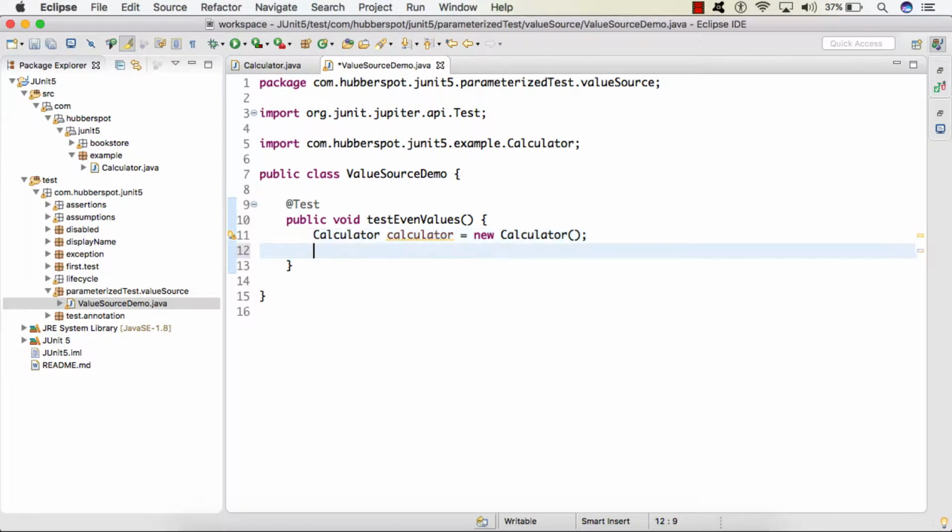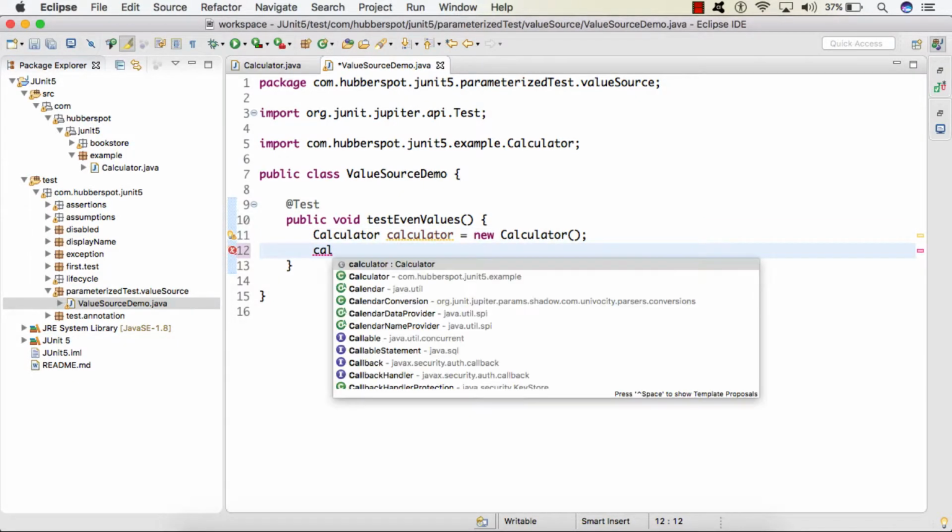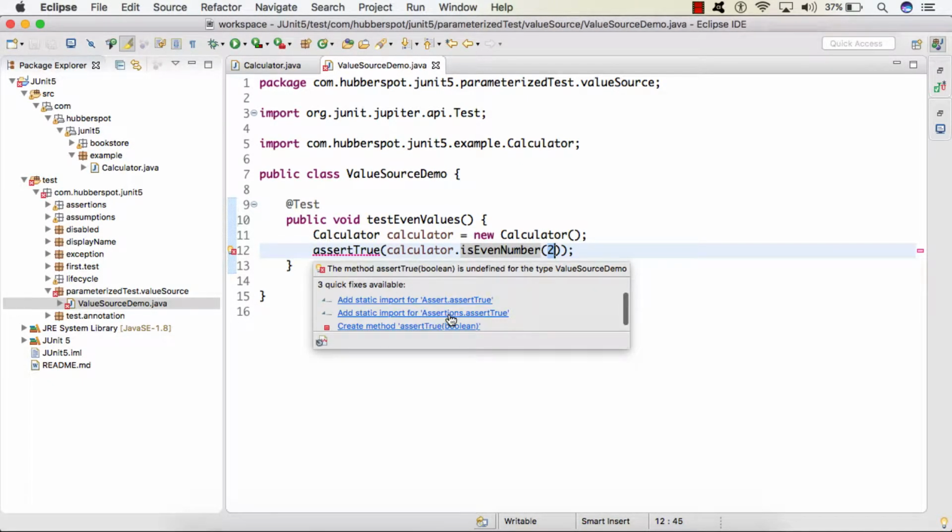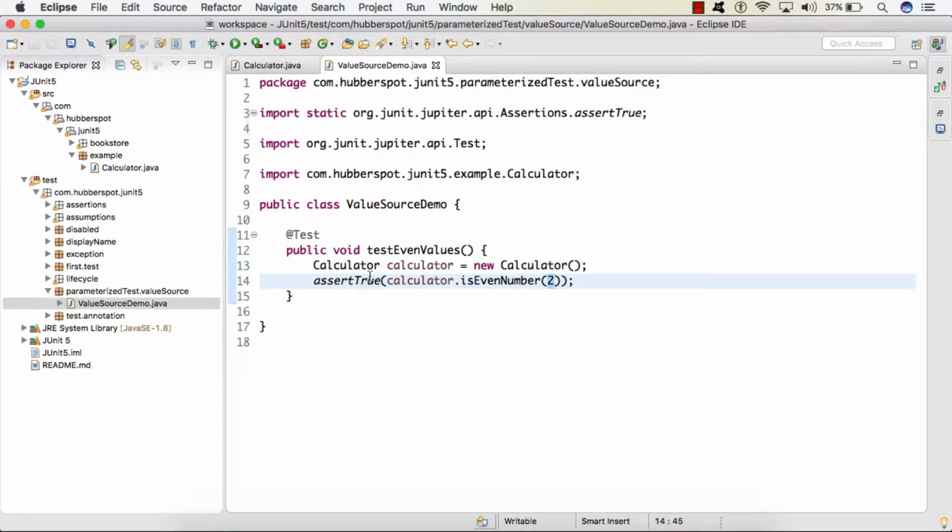So here we need to call isEvenNumber, and we need to provide a value. Let's say we provide a value as 2, and as 2 is an even number, we need to provide an assert. Let's say assertTrue, because we know that 2 is an even number, and the isEvenNumber method will return true when we pass the value as 2. So we are asserting it should be true using the assertTrue method.